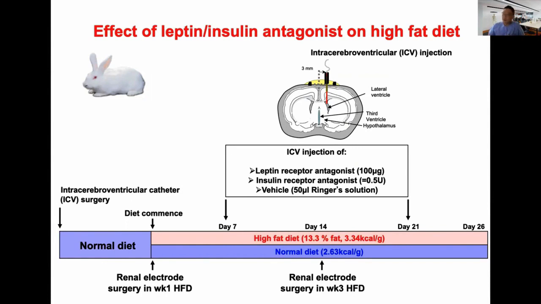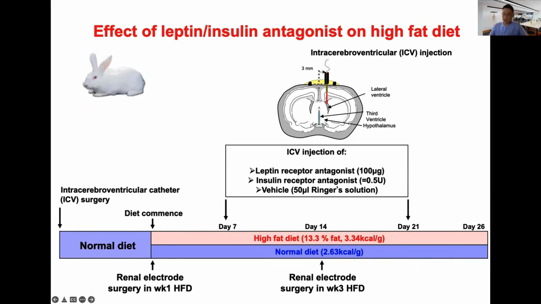Now, prior to these injections, the animals were either fed with a high-fat diet or normal diet for 3 weeks. And these experiments were done in week 1 or week 3 to see whether the early changes due to the high-fat diet feeding are different to the later stage with the continuous high-fat diet feeding. So prior to injection, they had this diet program,